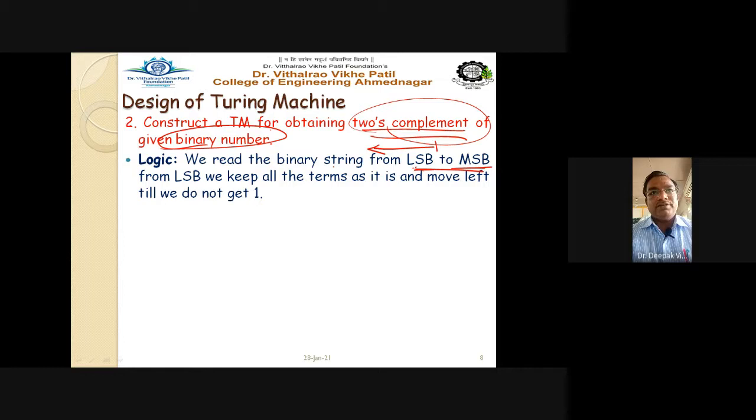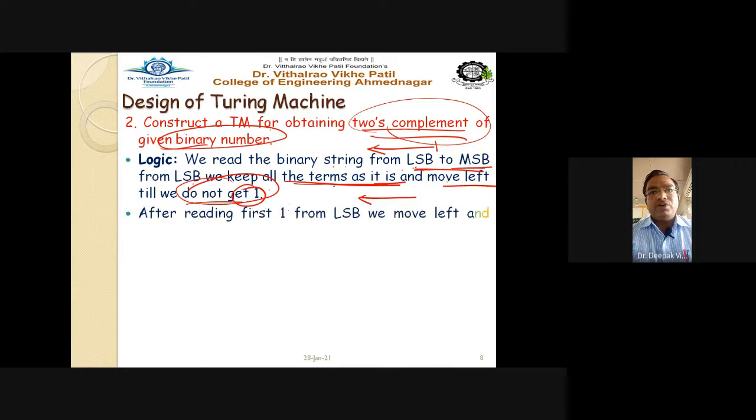From LSB, we keep all the terms as they are and move left till we get the first 1. See the logic. Start reading the number from LSB to MSB, and keep all the terms as they are and move left until we get a 1.